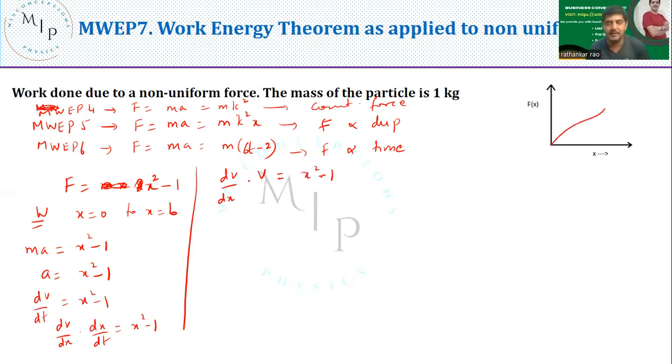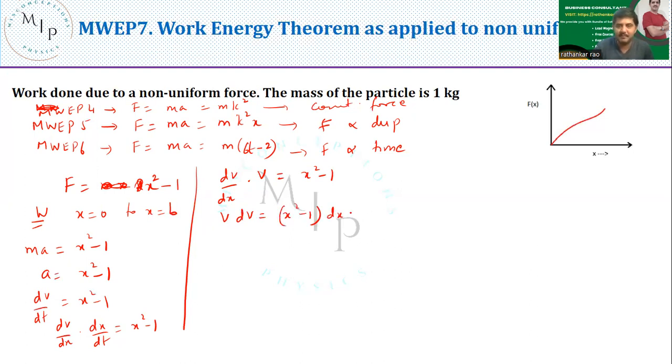See, in integration, especially calculus parts, you might not get the clue until you say, okay, I am done with it and I do not know how to proceed further. When I started here, I did not know what to do. Then when I wrote this chain rule, I got it. Finally I have come to this equation. Now you get a clue here. The clue is that I can now write this as v dv is equal to x square minus 1